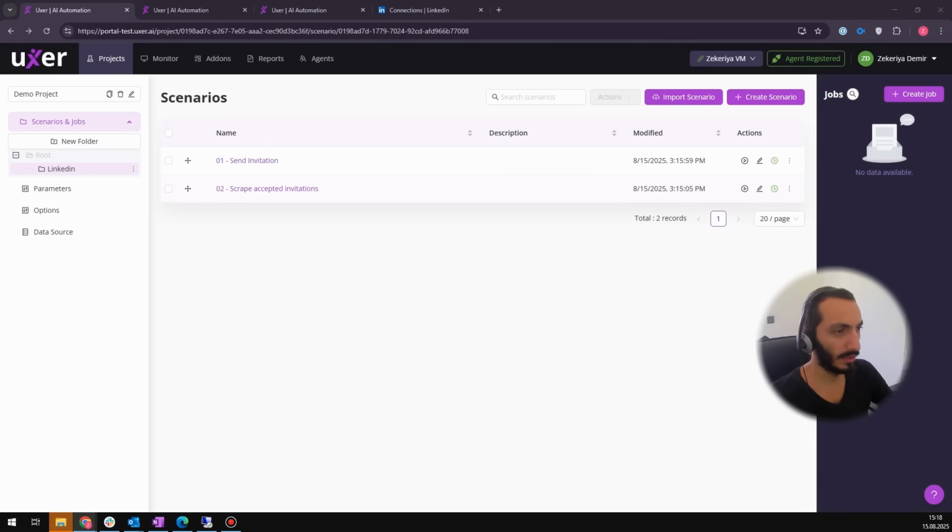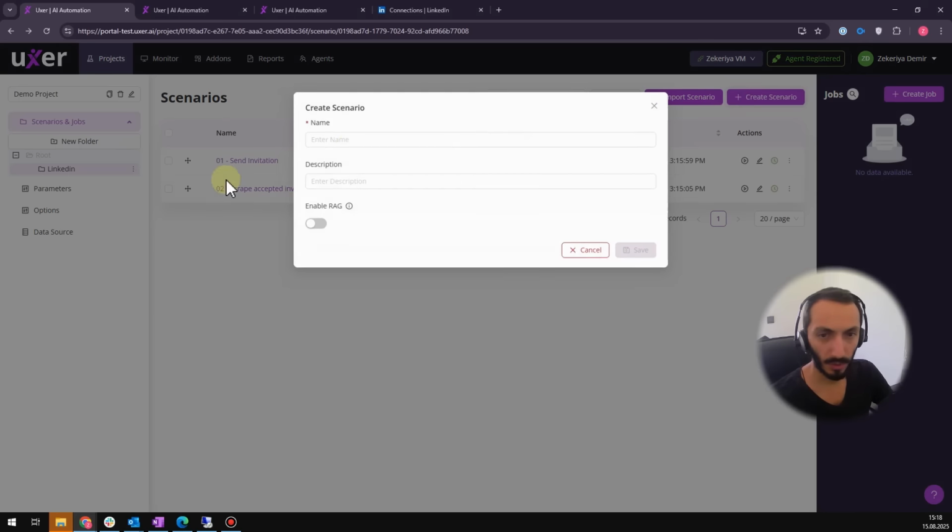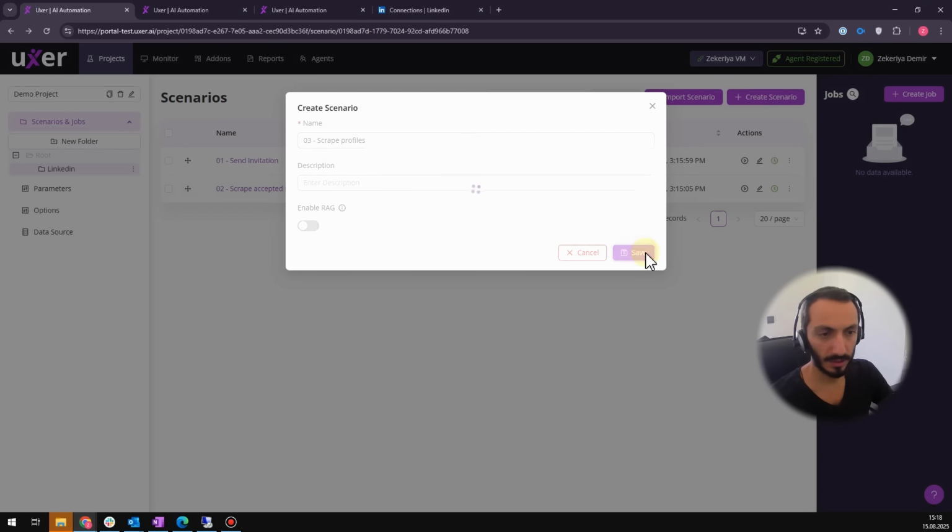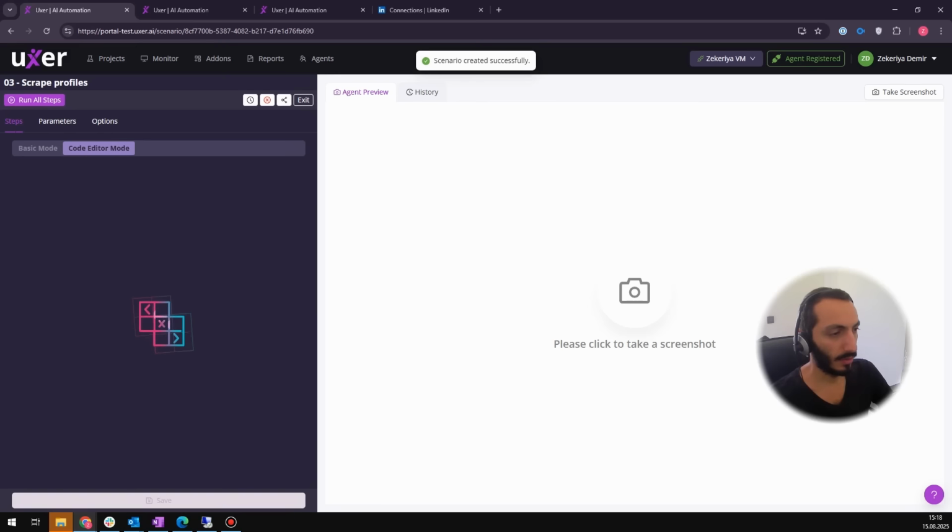Let's move on with the third one, which is scraping profiles. So now we send the requests and then we scrape the names of the people who accepted our invitation. Our next step is we are going to go to their profile and scrape their profile information. Actually, this is the most critical part of the automation, so bear with me. I'm going to create a scenario called scrape profiles. Let's go to code editor mode